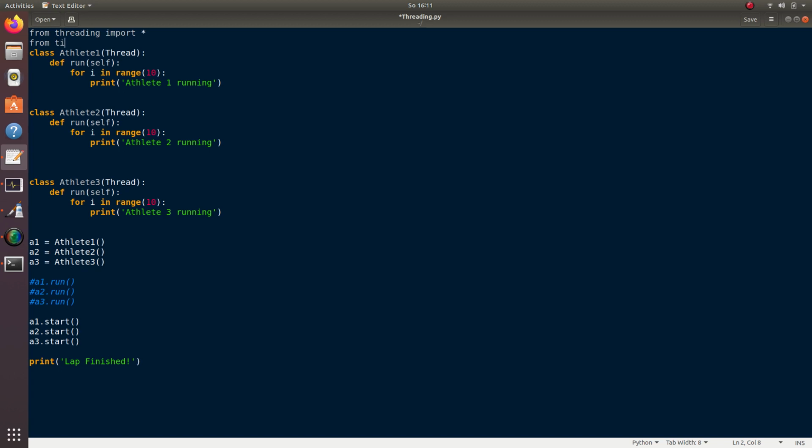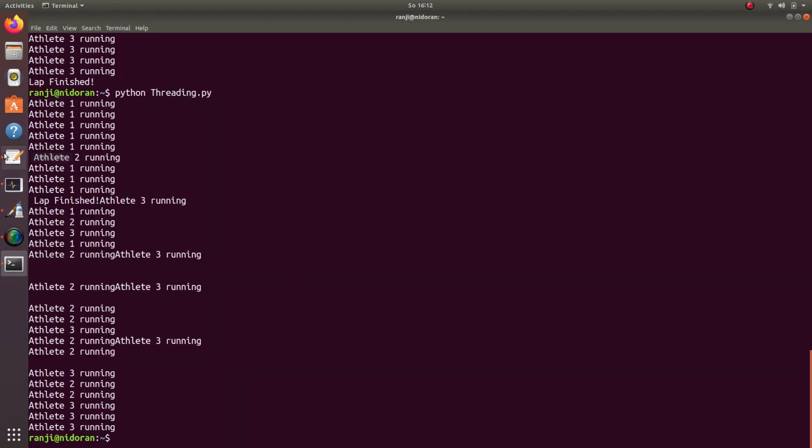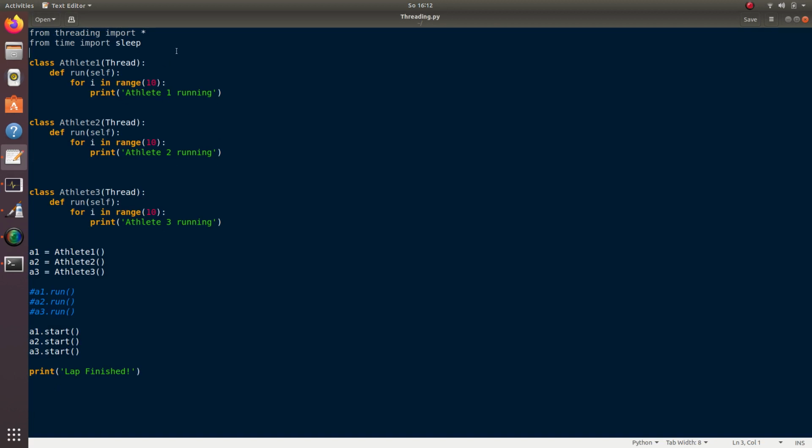There is a library called time, and from time we import sleep. This is the fix for this kind of program execution. We'll now put a sleep call for each of these.